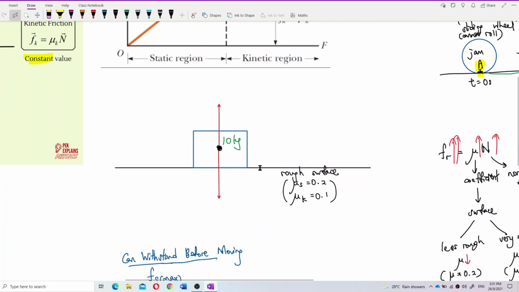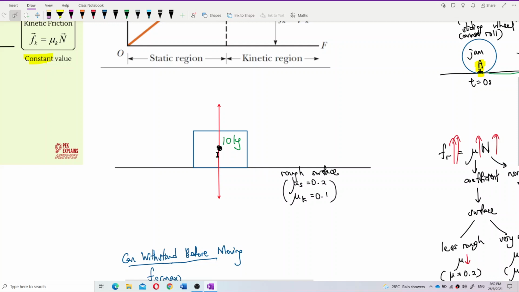Let me tell you one example. Let's say I have a 10 kilogram block on a rough surface. This surface also gives you the coefficients of friction. We have a static coefficient of friction mu s, which is 0.2. We also have a kinetic coefficient of friction, 0.1. So this is the rough surface with all these values of mu. We know that this surface definitely provides friction